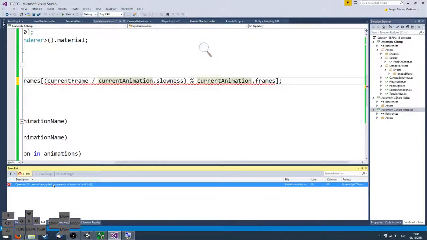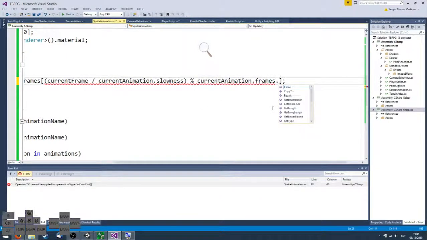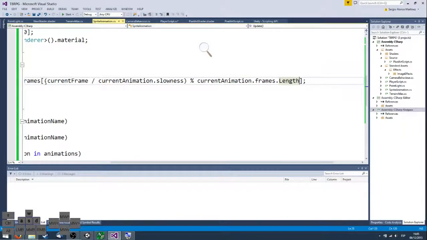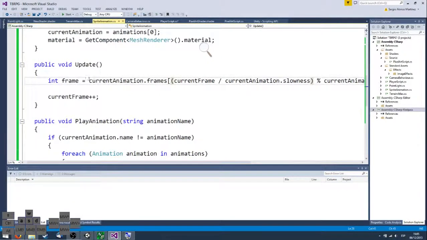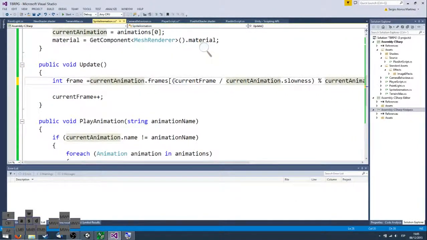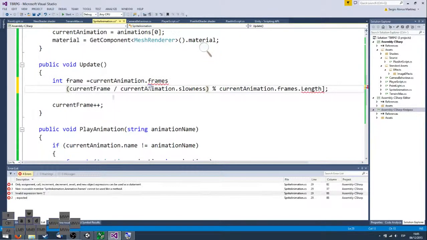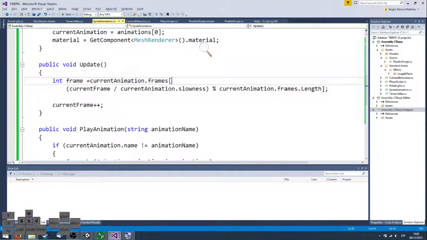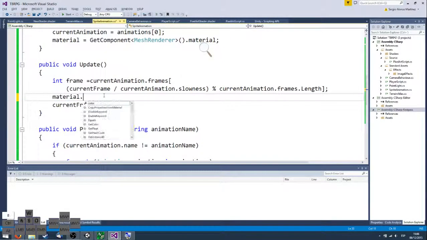What did I miss here? Okay, this is a very long sentence, so you can see what is being done here. We take the current frame, which can be, for example, 20, divided by 5. It's a 4, but because we only have 2 frames in that animation, we're going to be taking the frame 0. Okay, and then we go to our material set